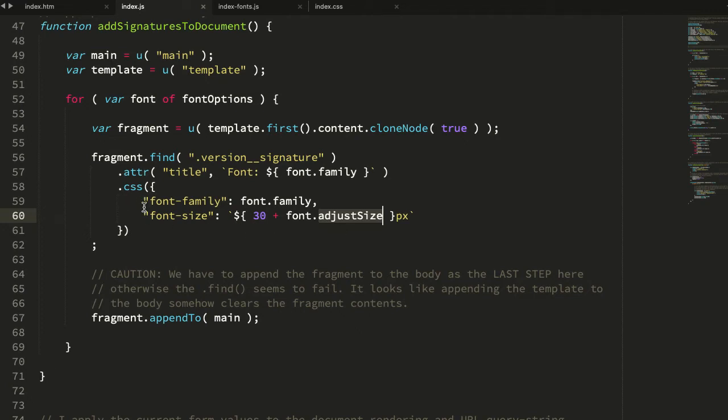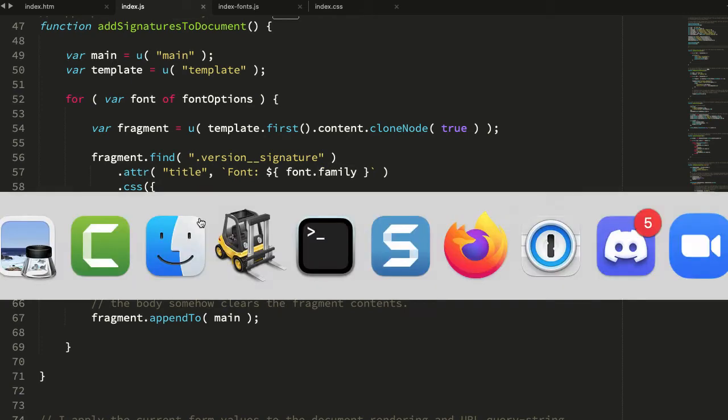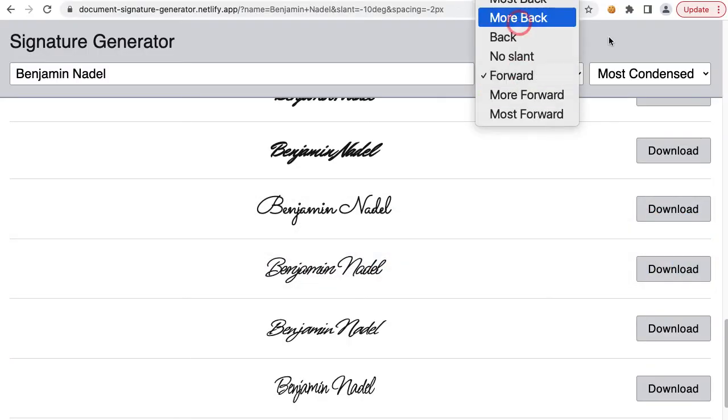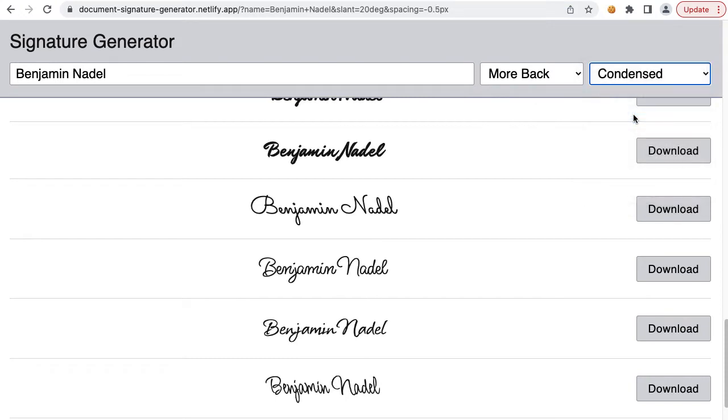Now you'll notice that all I'm doing in the inline CSS is applying the family and the size, but I'm not applying the slant or the condensed nature, the letter spacing. That's because we don't have to do that on a signature-specific basis. We can do that across the entire set of signatures, unlike the font family, which is specific to a given signature. And the way that we do that